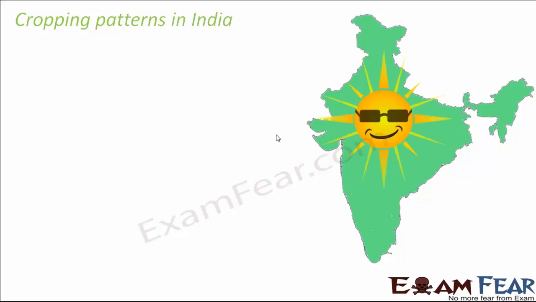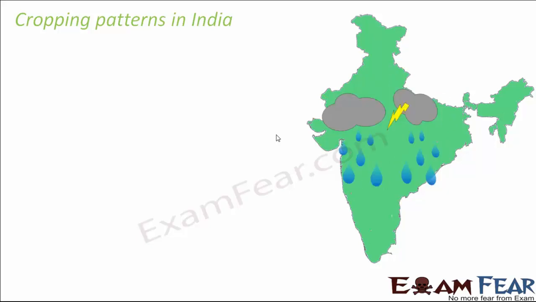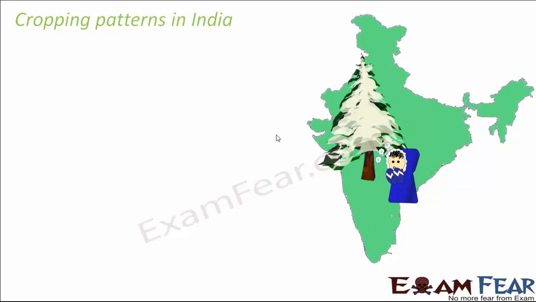For example, during the months of April to June, it is hot summer when there is too much of sunlight and it is very hot. Whereas this is followed by monsoon, which we often call rainy season, when too much of rain takes place, and this weather lasts from around July to September. So that is the time when we have monsoon. This monsoon in turn is followed by winter, and the period between monsoon and winter is autumn. That is the period after summer and before winter. It lasts almost till December,